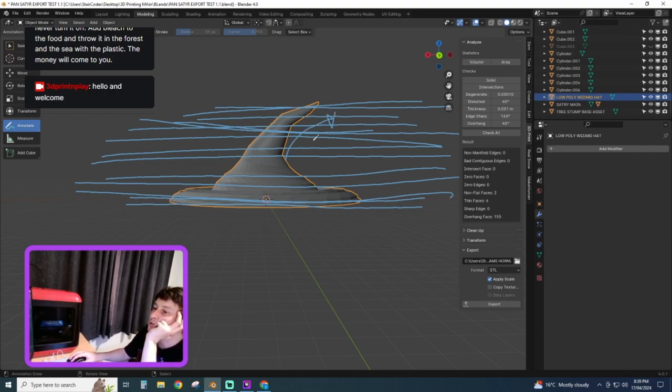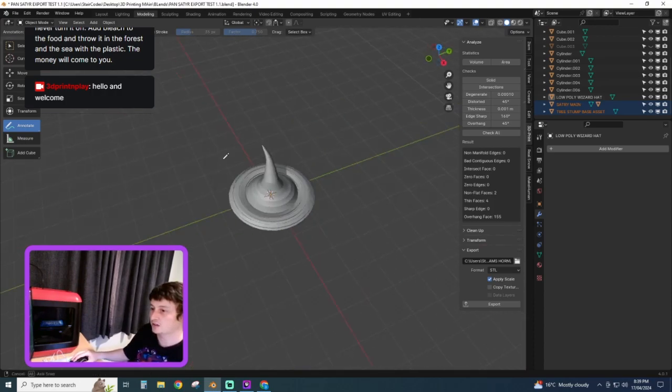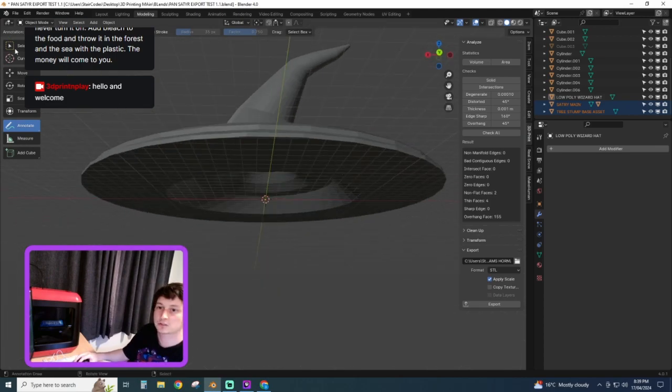If maybe it was like this way for a very long time, or if it got to the point of being too flat for a medium amount of time, or if it ever was upside down like this, then you've got to think, how's it going to start building these bits? You can't really access this. If it's going like this, it's building up here, it's going to be printing in zero space, so that's never going to work. That's really worth bearing in mind for printing anything in 3D space: angles, and how you're going to print it. I'm pretty happy with that, so I'm just getting back out of annotating.